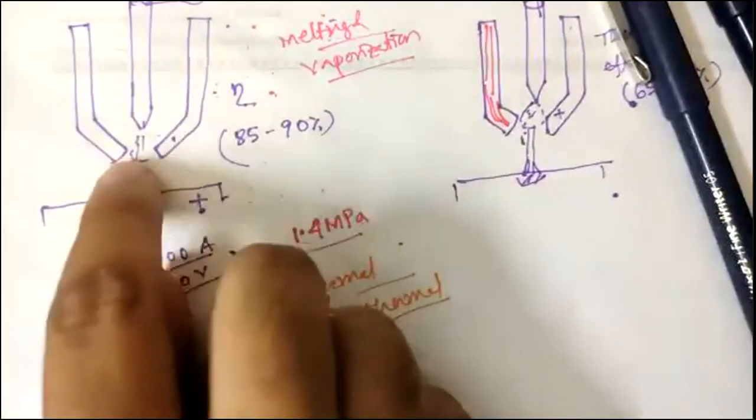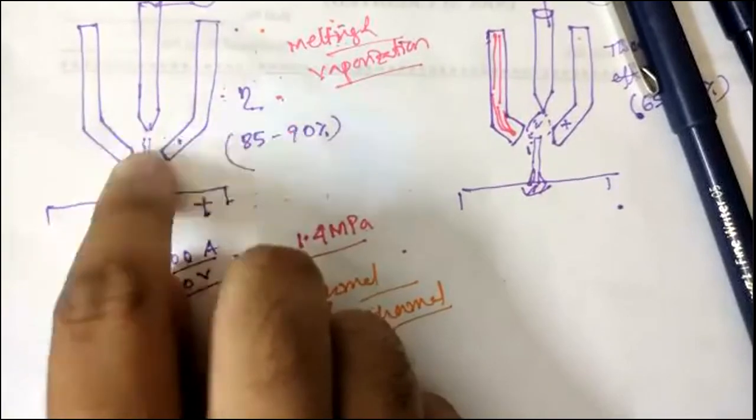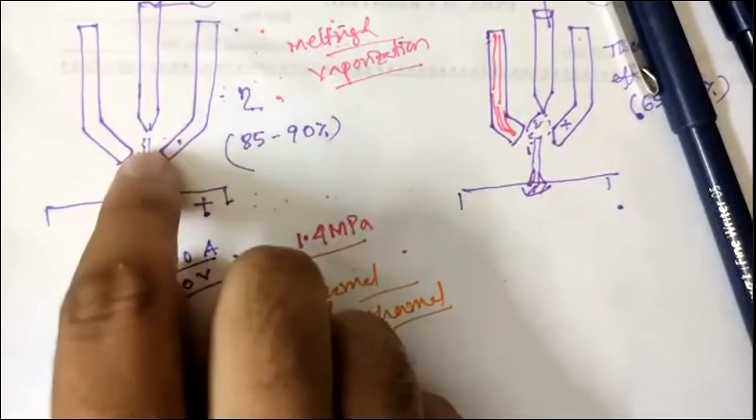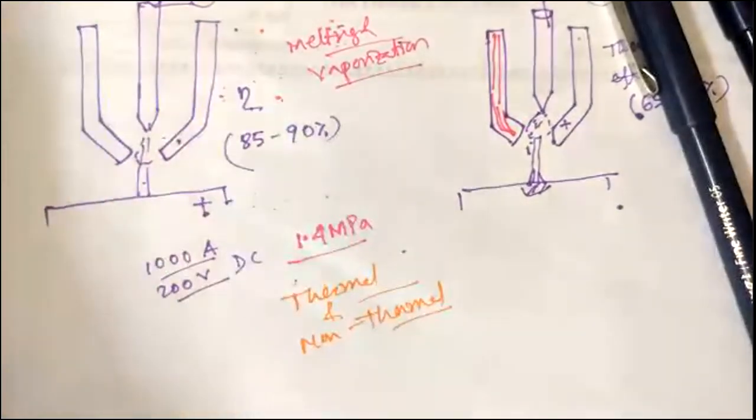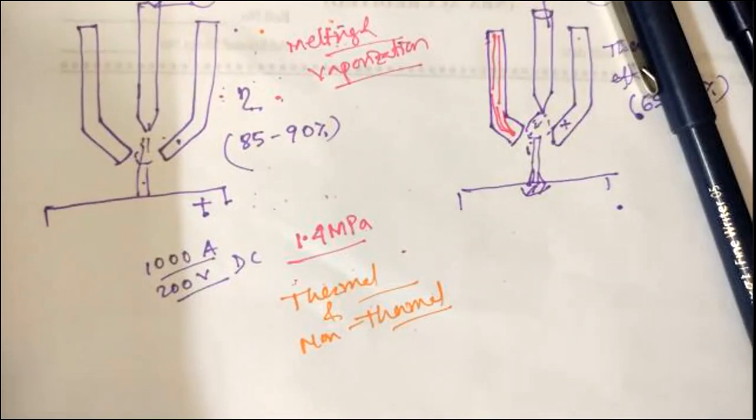And the core temperature here will be somewhere around, as I said, 1600 degrees Celsius. Anyhow, in the next class I will be discussing the parameters and the mechanism of it. Today I have discussed the modes of the DC plasma torch, that means the non-transferred as well as the transferred one. But there are a few more modes, like turbulent mode and laminar mode, which I'll discuss in the next class.